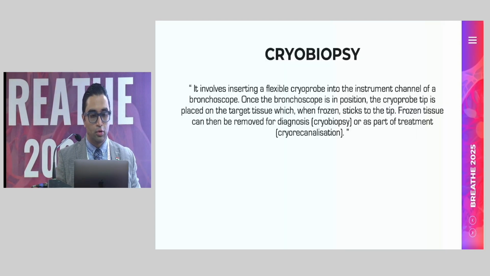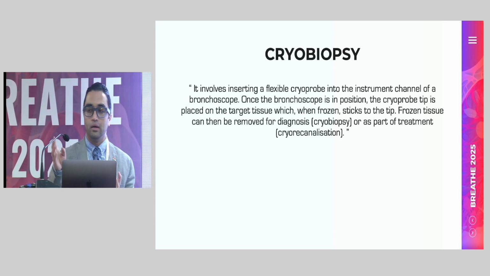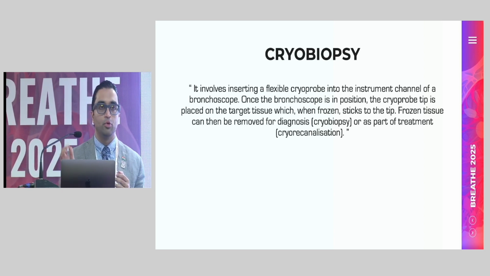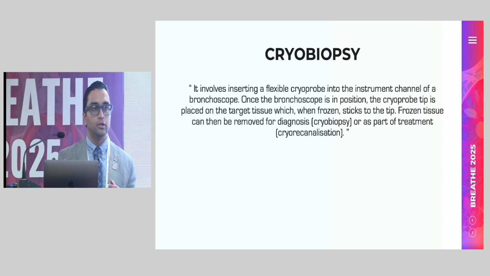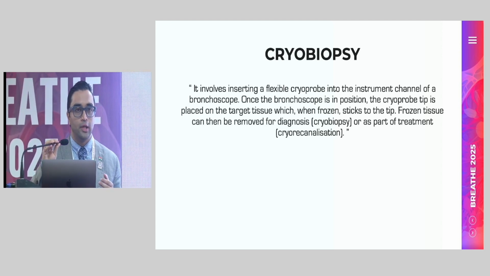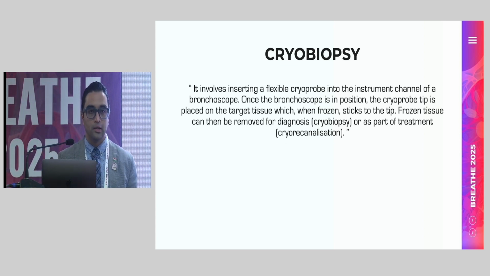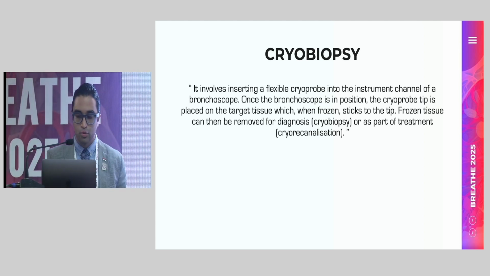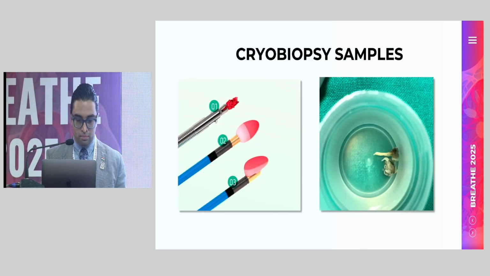So as we all know, cryo is basically a technique wherein a cryoprobe is introduced via bronchoscope, and through this cryoprobe, the target tissue is attached by freezing, and then the target tissue is either removed for debulking purposes or lung biopsy purposes. For today's discussion, we'll be talking about how cryo is used for debulking purposes, not for ILD diagnosis. So by principle,